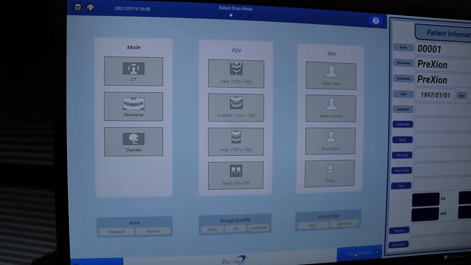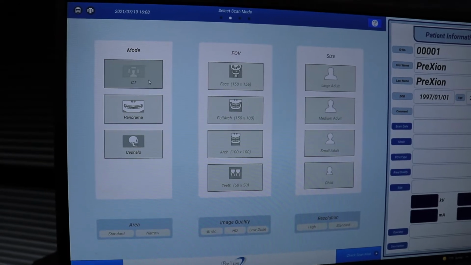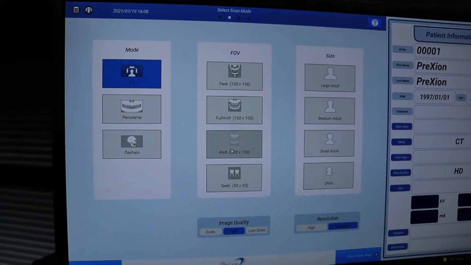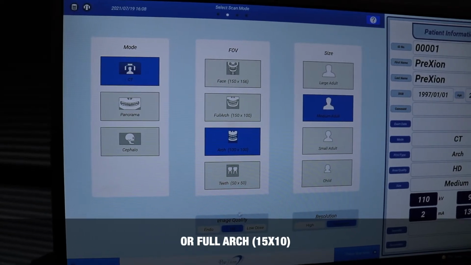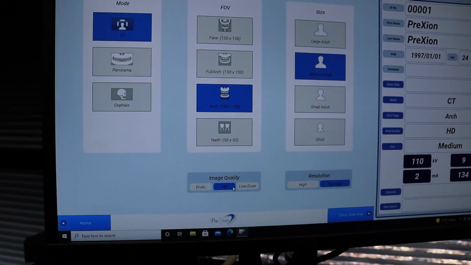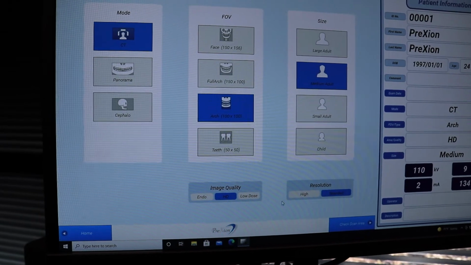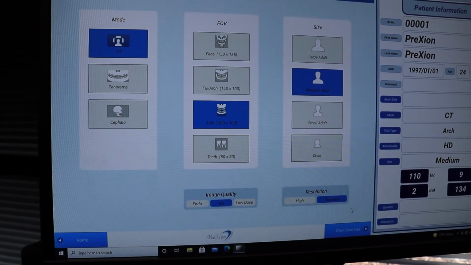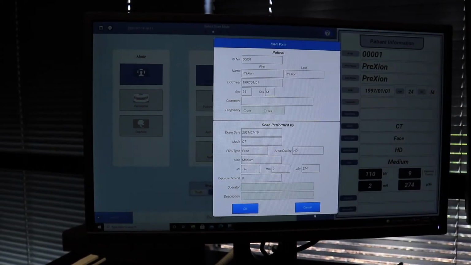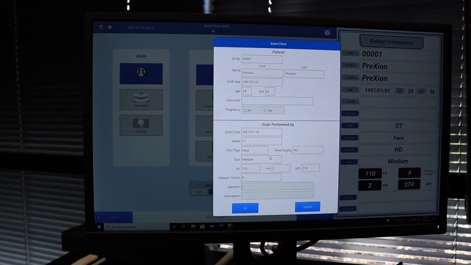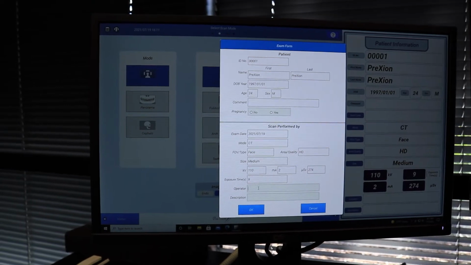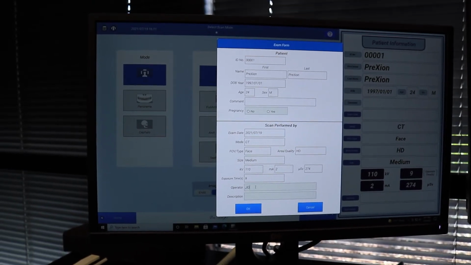Click Select Scan Mode, select CT, then Arch, and then the patient size. We recommend that the image quality be in HD and the resolution in standard. Click Check Scan Area, and in the exam form, verify that the patient's information is correct, enter the operator initials,